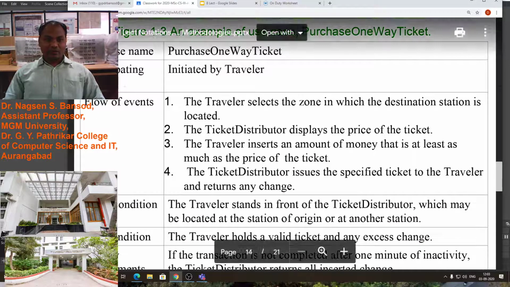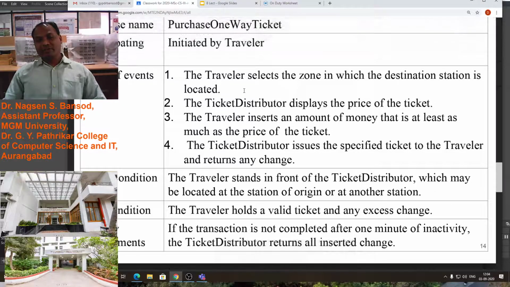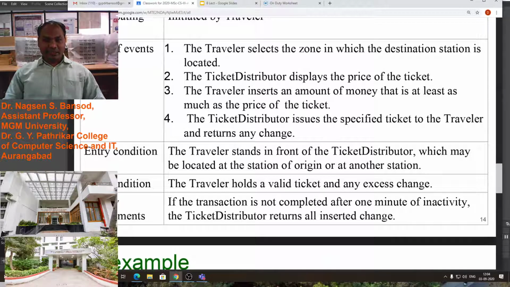We saw the use case: purchase one-way ticket, with the participant initiated by the traveler. The flow of events: the traveler selects the zone in which the destination station is located, and the ticket distributor displays the price of the ticket.